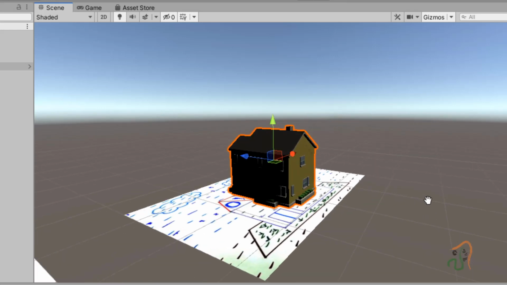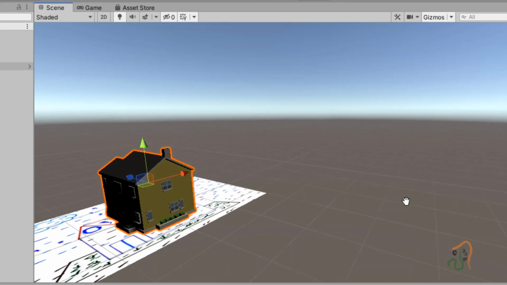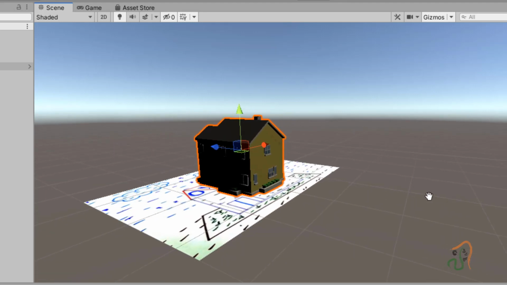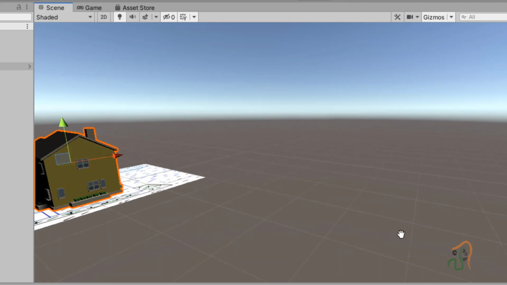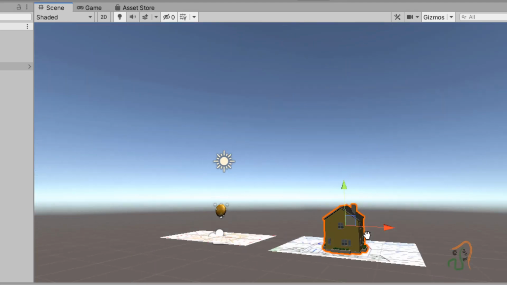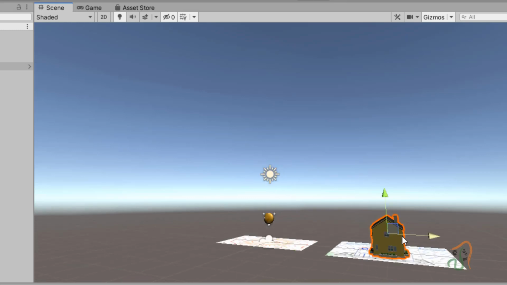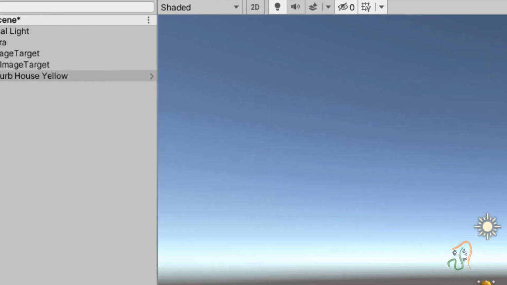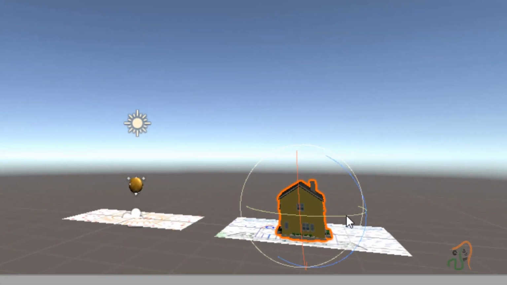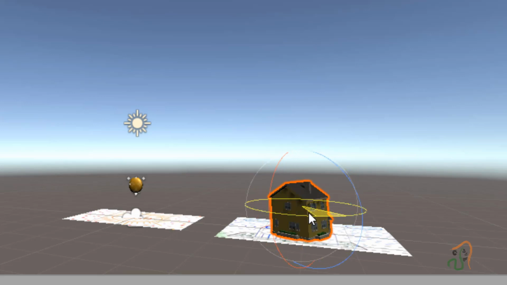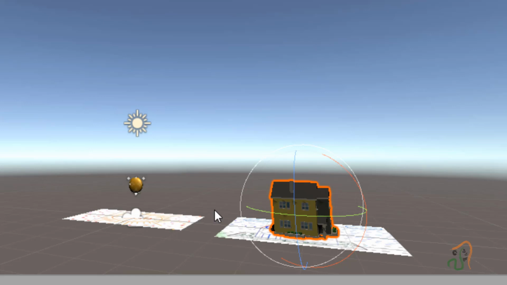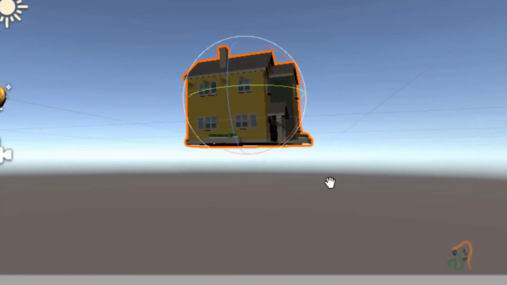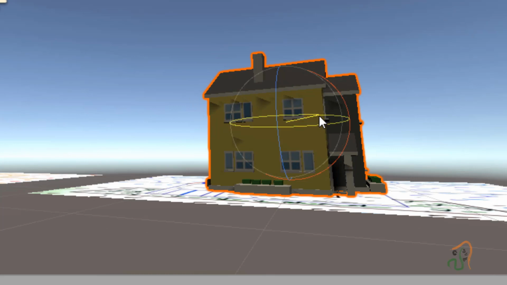This is the model. Once we have placed the model, when you hold your paper, the model you are seeing is a side view. So let us rotate this. For this, take the rotate tool here, and along the Y axis rotate this by around 90 degrees. Once we rotate it by 90 degrees, you can see we still need to rotate further.